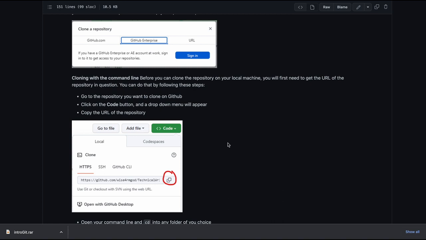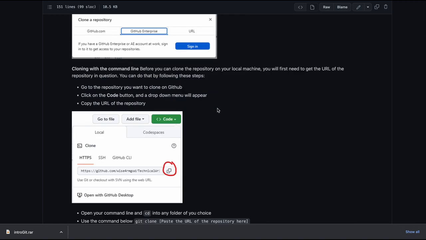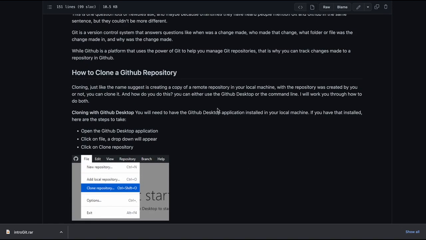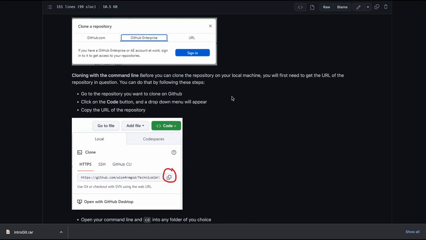Now, cloning with the command line. Before you can clone the repository on your local machine, you first need to get the URL of the repository in question. You can do that by following these steps. Okay, this is fine.